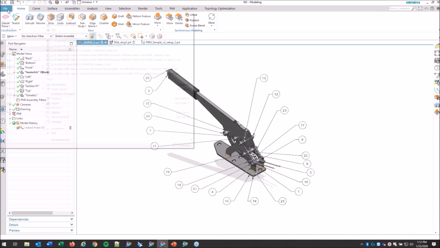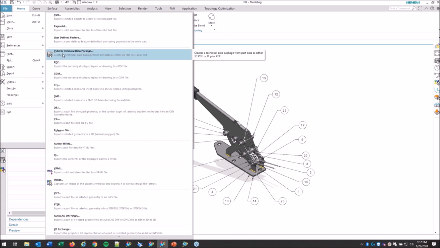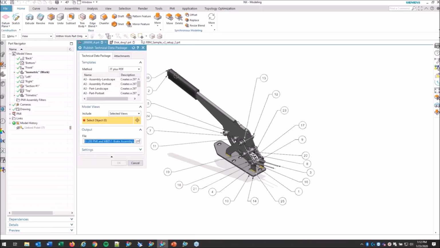I want to go ahead and export this, and I'll show you in the other environment how we can leverage all this data outside of NX. So we're talking with, perhaps a purchaser, like we said, an outside vendor, somebody that doesn't have the benefits of having NX installed on their